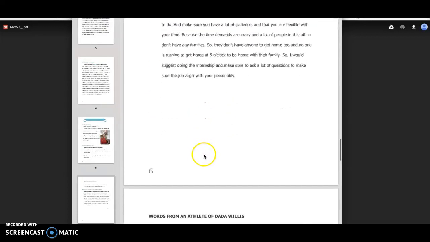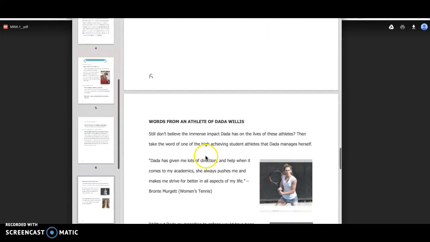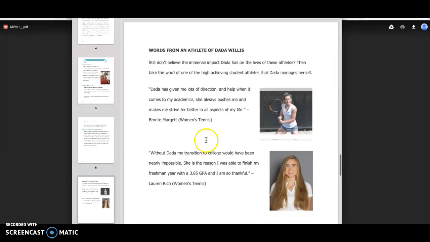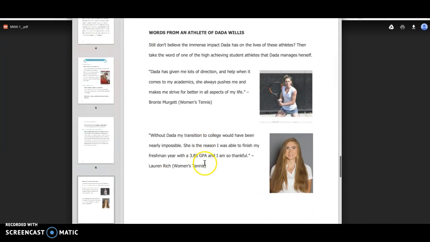And also another suggestion was maybe to add another quote in here, or maybe some personal experience. So what I did is I added a picture, and then I added my own quote so you can see how she's affected me, and just another inside look from one of our athletes.